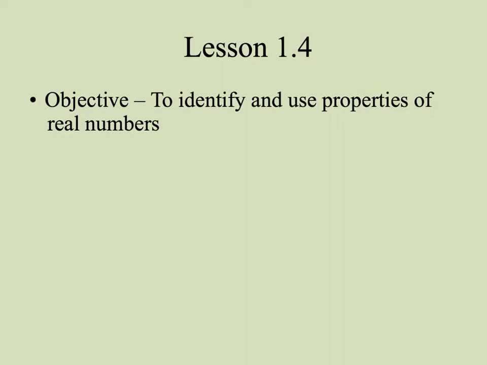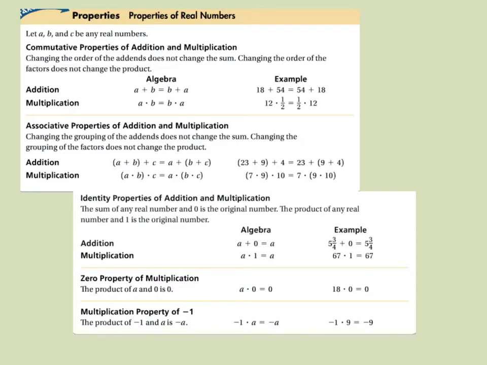This next lesson in 1.4 is to identify and use properties of real numbers, which you have already been doing on a regular basis, but now we're just going to be going over the actual key terms of those properties. These are all the key terms that you have seen before. If you wish to write these down, you can. You do not have to. It would be a good idea to have at least an example of the properties